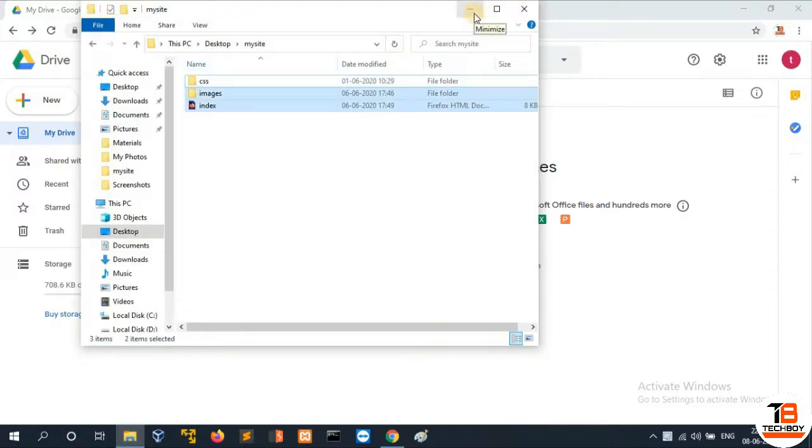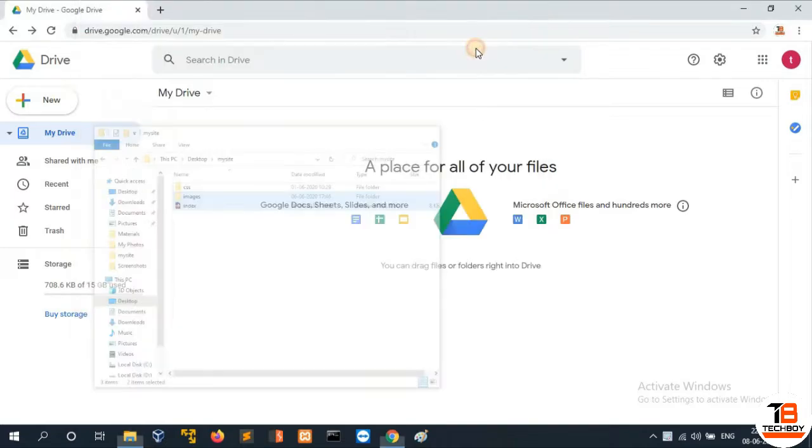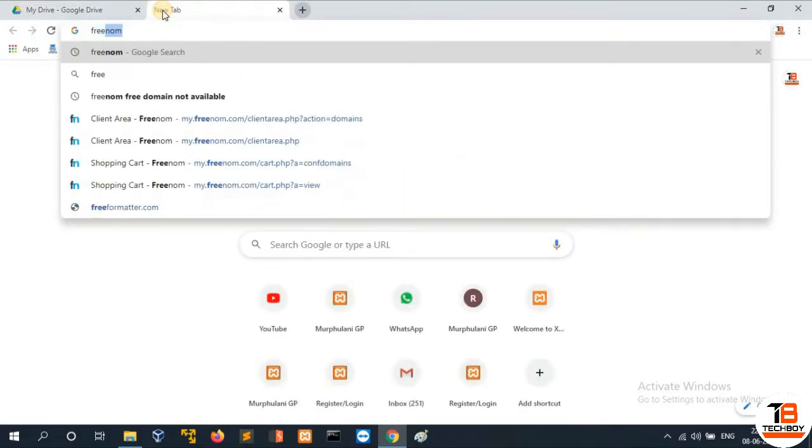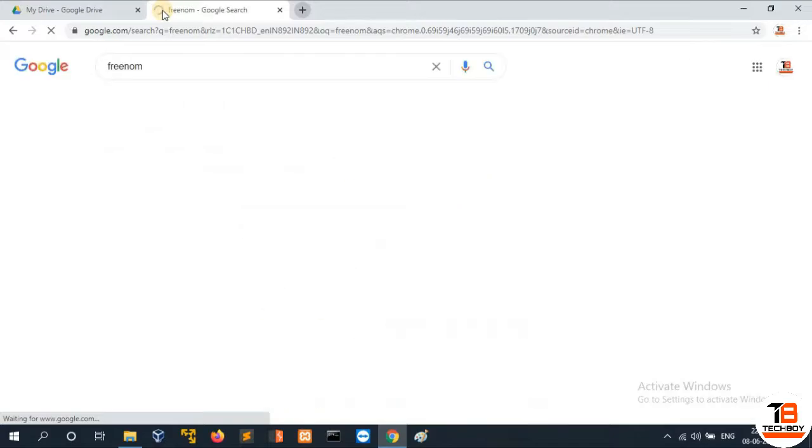If you don't have a domain name, then you can register it for completely free. In Freenom, you can register for a free domain name. Go to Freenom and search for a new domain name.